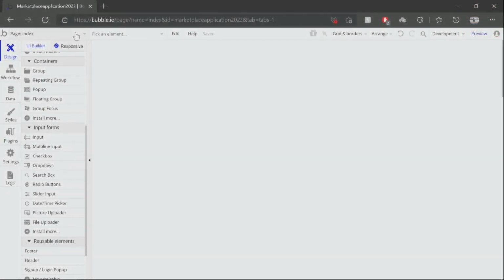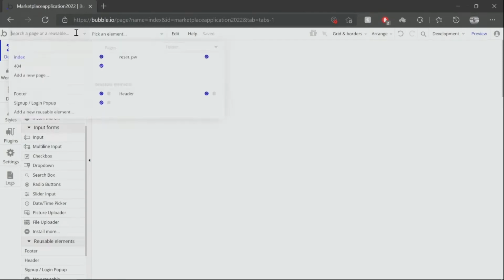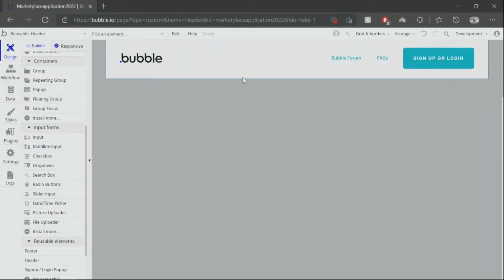All right, to start with our application, like I had mentioned before, we're going to start with our header. So we want to click the tab on the top and go to reusable elements and click header. Now, as you can see, it's a blank page with some of these elements on it, and you're not really sure how exactly to position the stuff. So before we make any changes